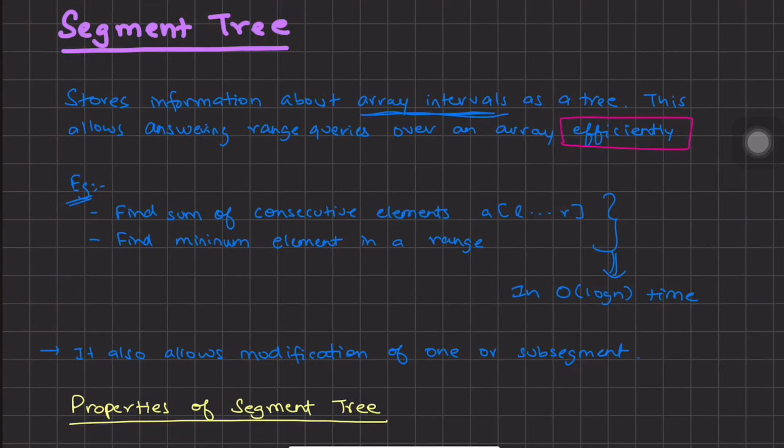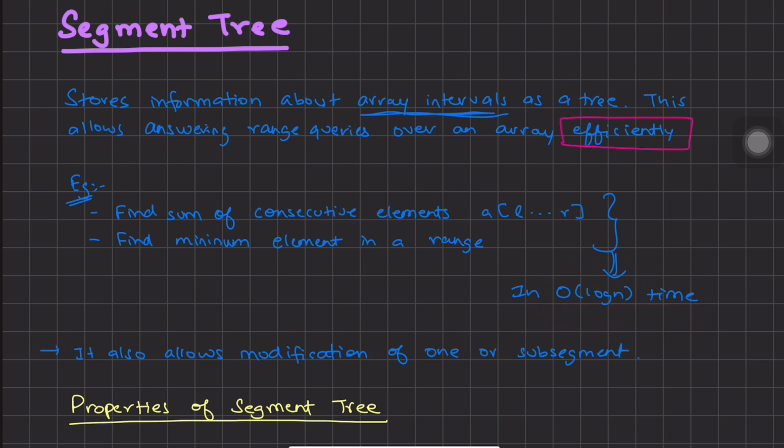Today we are going to study about segment tree, a data structure which is useful in answering range queries. So let's study about segment tree. A segment tree stores information about array intervals as a tree. This allows answering range queries over an array efficiently. How efficiently? Each query can take up to O of log n time, which is faster than if we do